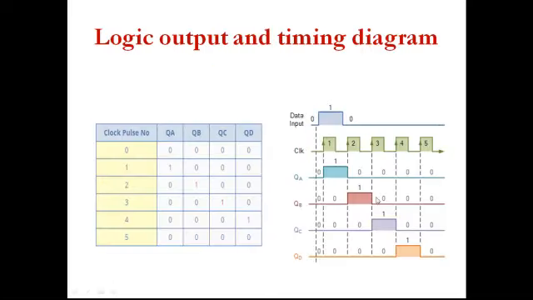So here is the timing diagram you see. In the first clock pulse, all the outputs are reset, so the flip-flop output is 0. Then you are giving data input only to the first flip-flop A, so the output of A is 1, whereas B, C and D are 0. In the second clock pulse, what is happening? The output of this flip-flop is the input to the second flip-flop. So B now becomes 1, whereas A, C, D are 0. In the third cycle, you have C is 1, others are 0. In the fourth cycle, you have D is 1, others are 0.